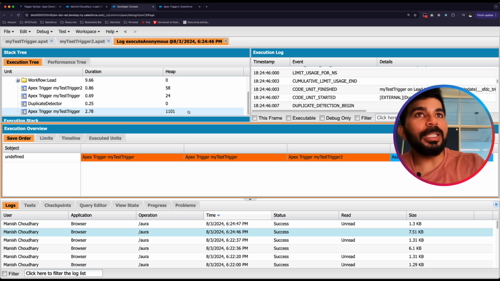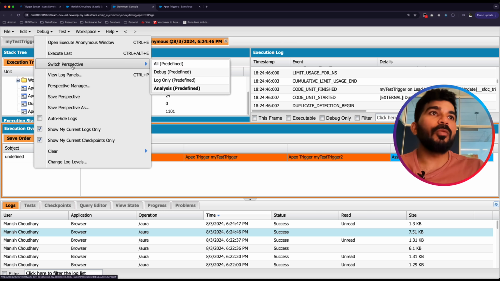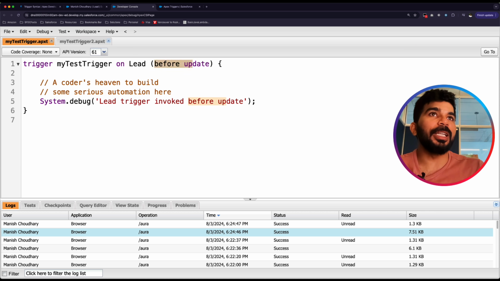So this would have been easy to understand if it were a custom object where none of these standard workflows or anything would be happening, and ideally we would have seen only two log lines here, one before update and one after update. So we have seen one way of handling before update and after update, but this is